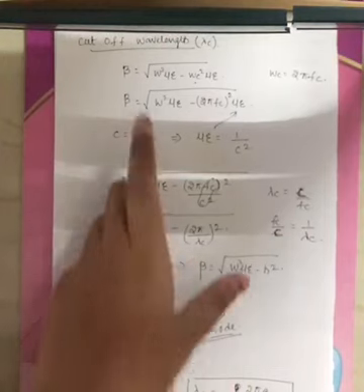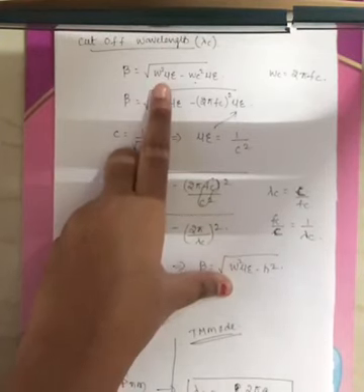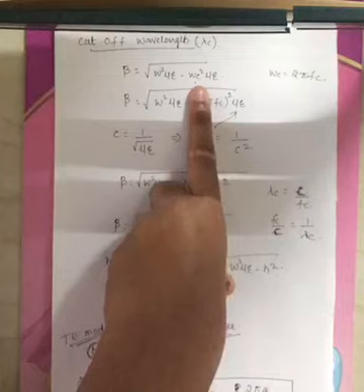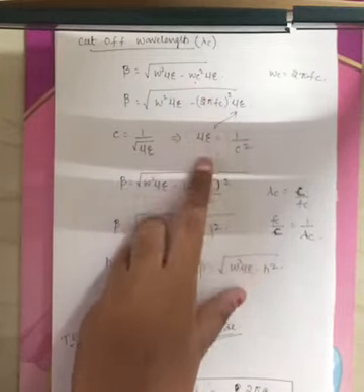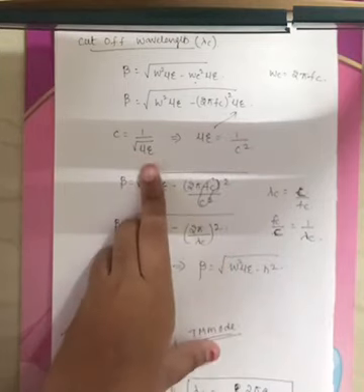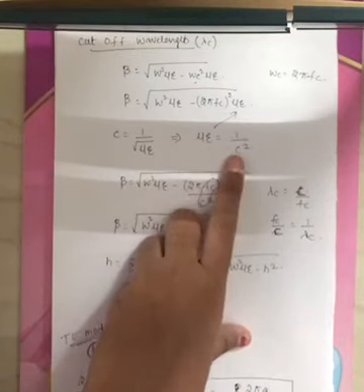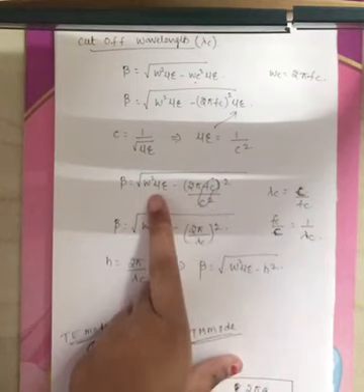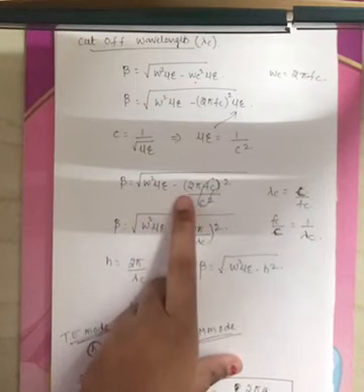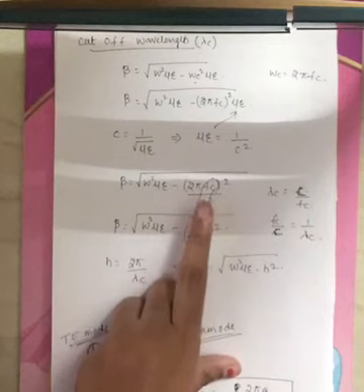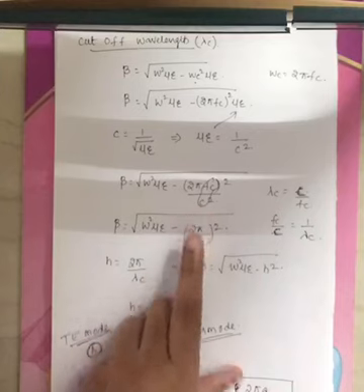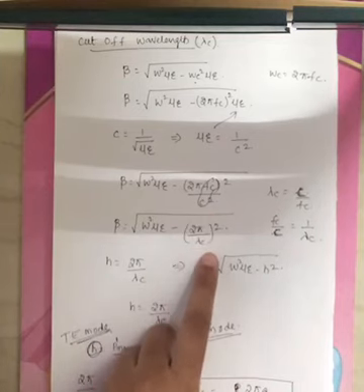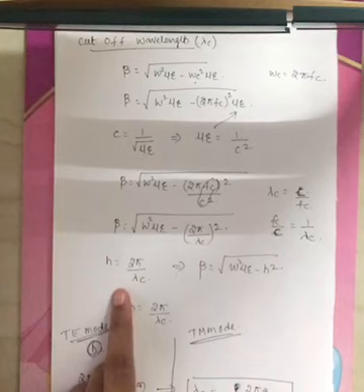Now let me briefly explain. You know this expression beta, that is under root of omega square mu epsilon minus omega c square mu epsilon. Now omega c is nothing but 2 pi fc. Now c is nothing but 1 by root mu epsilon, so mu epsilon is nothing but 1 by c square, right? If I substitute, you will get omega square mu epsilon minus (2 pi fc) whole square times 1 by c square. Now fc by c is 1 by lambda c, so you get 2 pi by lambda c, which I consider as h, right?